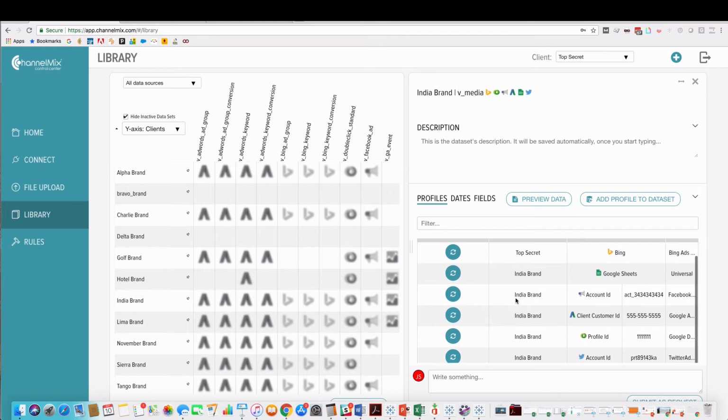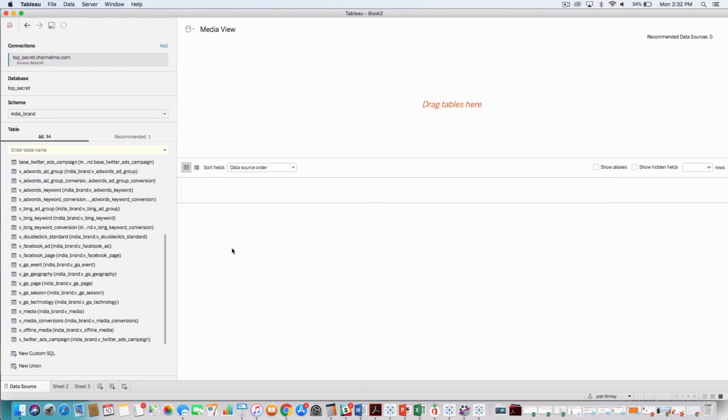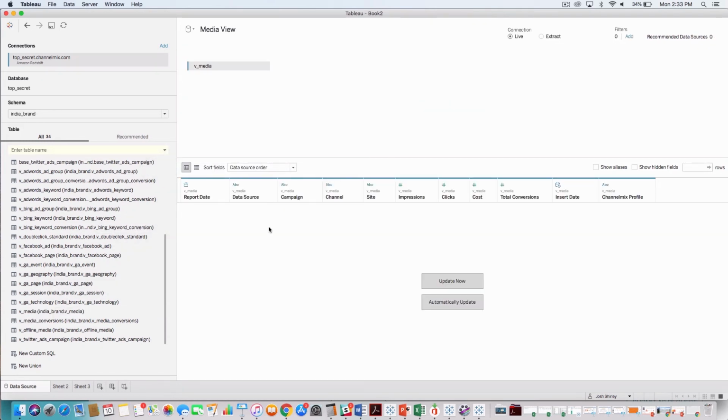And I can see that this doesn't just include data from one source system, it includes data from all over my ecosystem. So in order to create something like this, I can communicate with my ChannelMix team and submit a request to them specifically outlining what I'd like to have. Then your ChannelMix team constructs the view for you and notifies you when it's ready. Meanwhile, on Tableau, I can go back and see where all of my views are, including the views that have been custom built for my reporting plan. In this case, I wanted to see how all media from across all of my ecosystem interacts together.